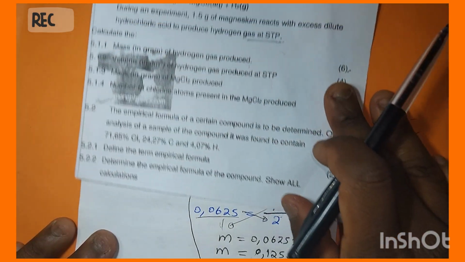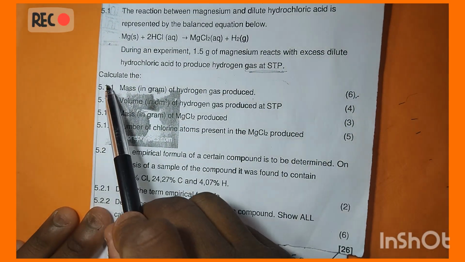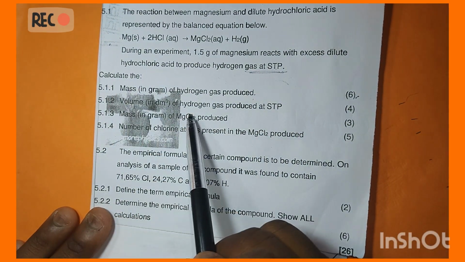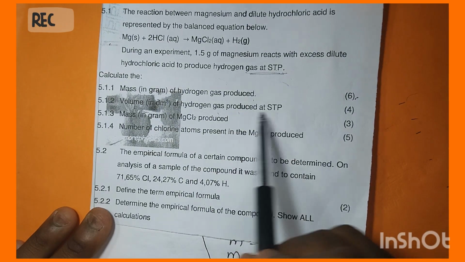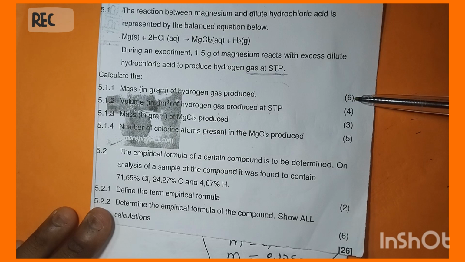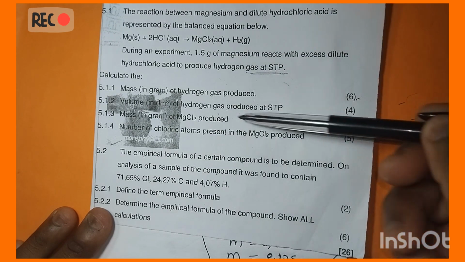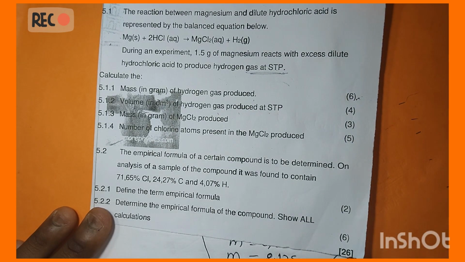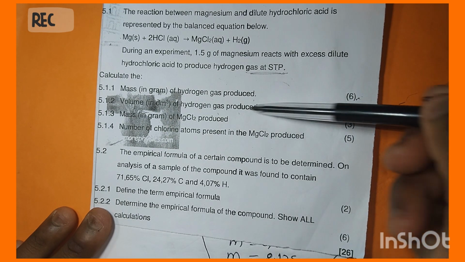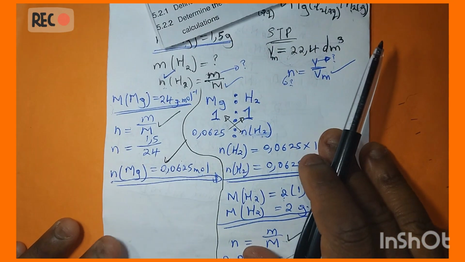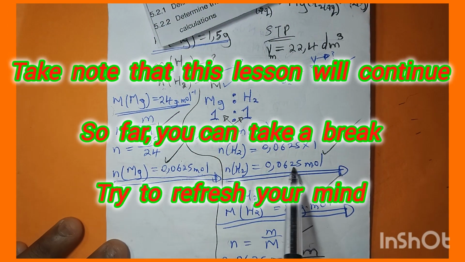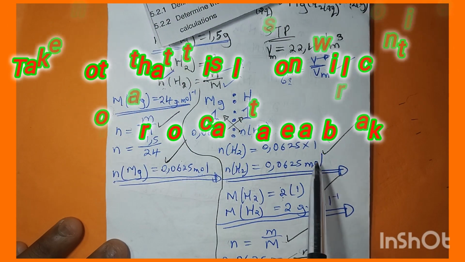And now the next question to you will simply say now, calculate the volume of hydrogen gas produced at STP, guys. If that question there, guys, you do it correct, it will be easy for you to get that one right. Yeah. But yeah, if this one you do it correct, it will be easy for you guys to get this one right, because now this is what will happen there. We know the moles of hydrogen gas, and we know